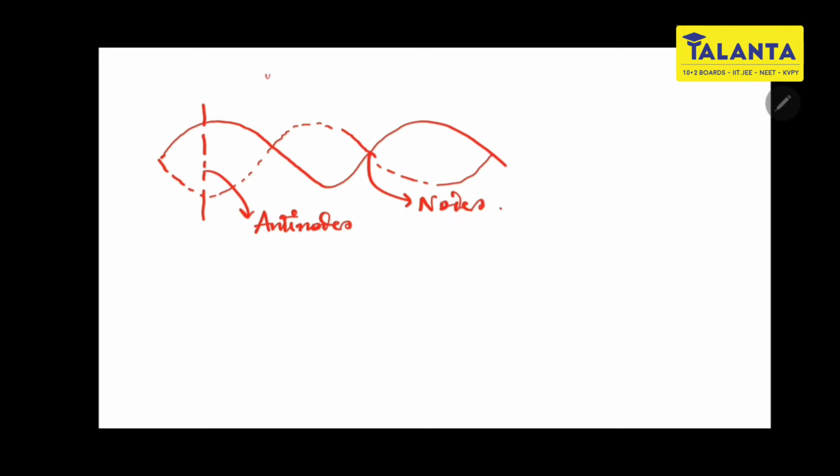At antinodes, displacement and velocity are maximum, but pressure is zero. At nodes, displacement and velocity are zero, but pressure is maximum. Here, the distance between two consecutive nodes equals lambda by 2, but the distance between a node and an antinode equals lambda by 4. Now, এই স্টেশনারি ওয়েভের কিছু এক্সাম্পল নিয়ে আমরা এখন ডিসকাস করব। ফার্স্ট যেটা নিয়ে ডিসকাস করব,